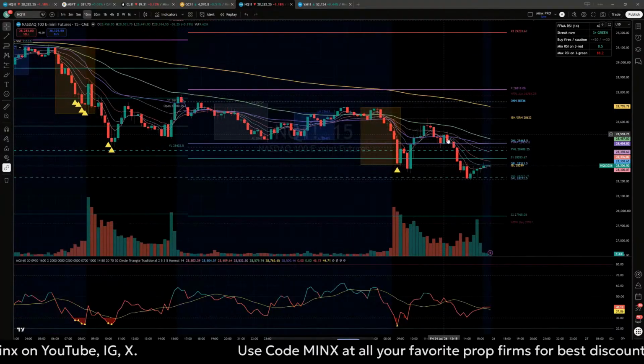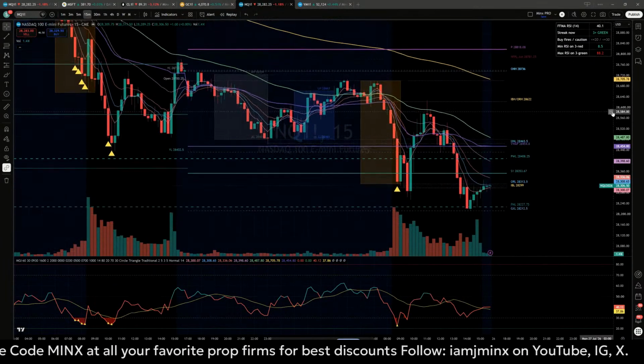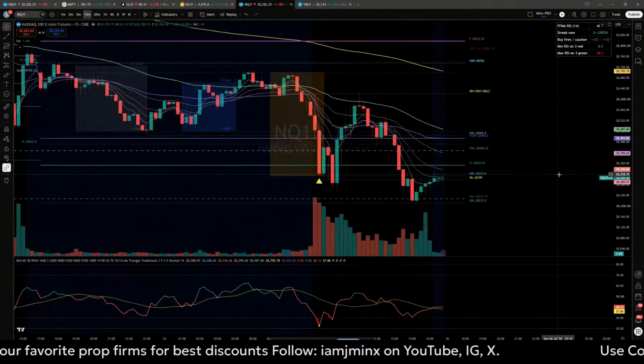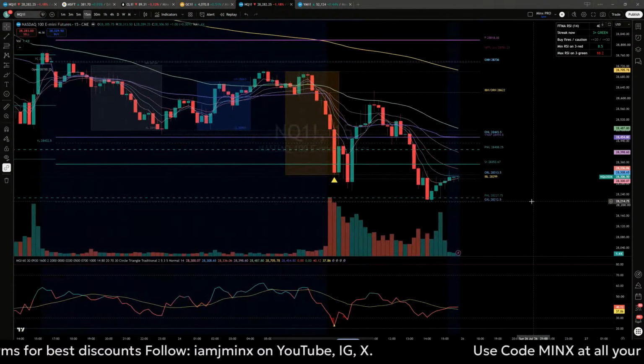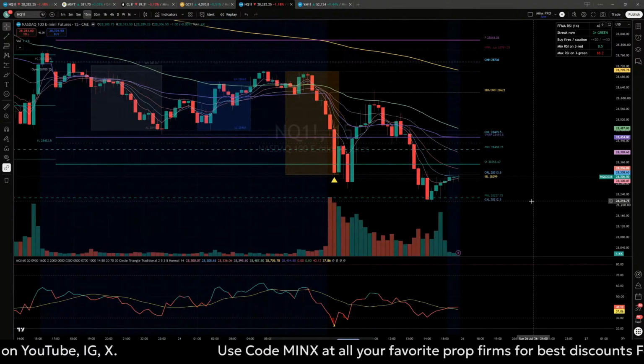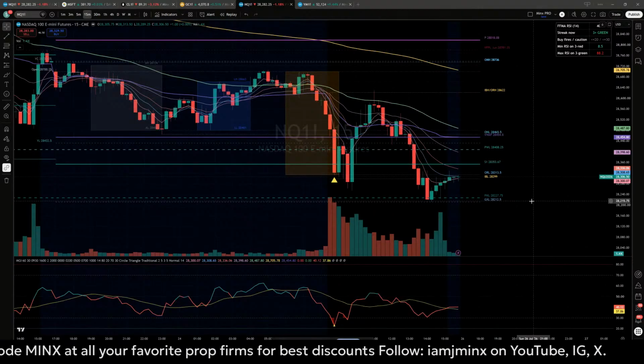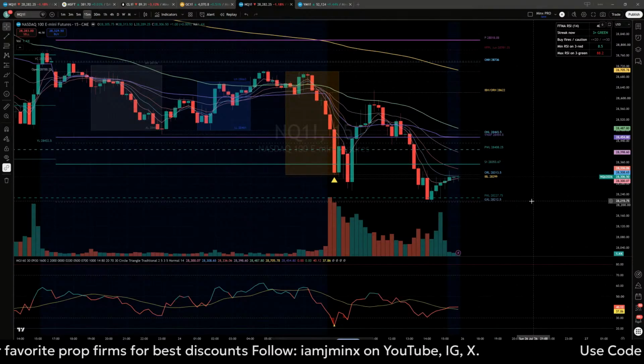So, but I also use EMAs. And the thing about EMAs is that I would say a lot of people don't know how to use them properly. I know some people just use 9 and 21, which technically are just trend trades. But